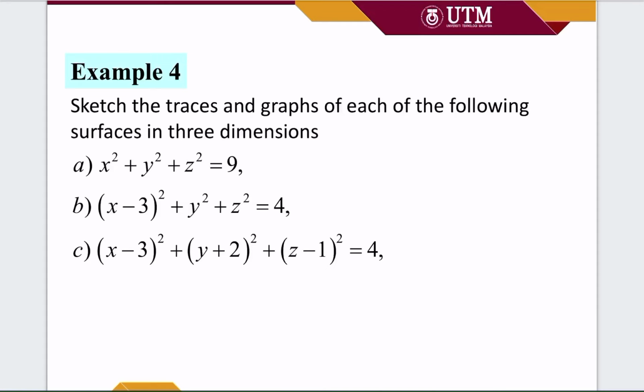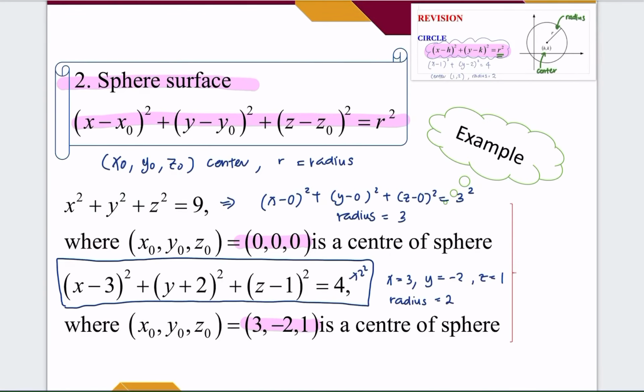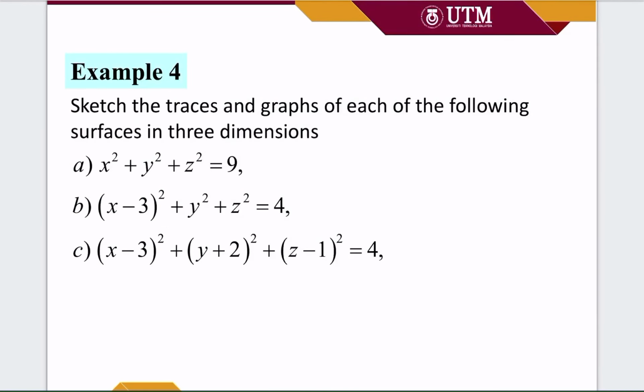For this one, you need to determine first what type of surface this is. You need to remember the general form for the sphere surface. Therefore we know that, oh, this is a sphere. So you already have in mind that you will sketch 3 traces in the form of circles, and then you will combine all these 3 traces to make the sphere. Now let's look at the first one, A. Alright, so we have